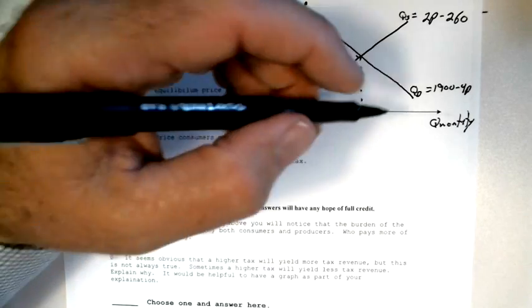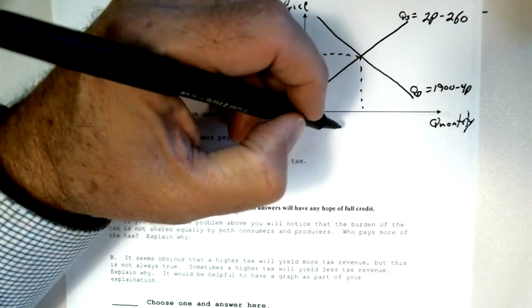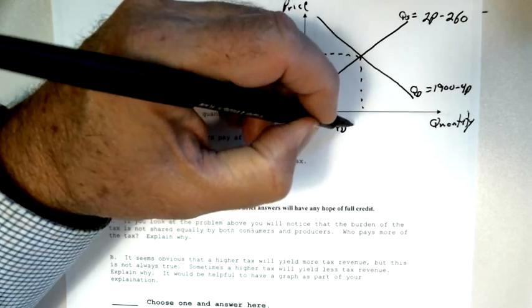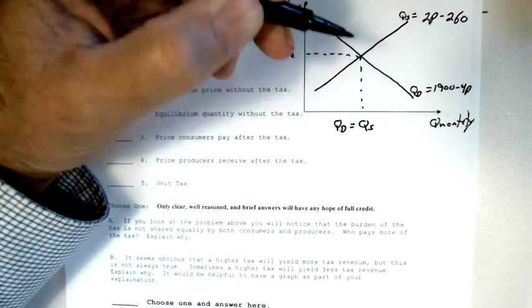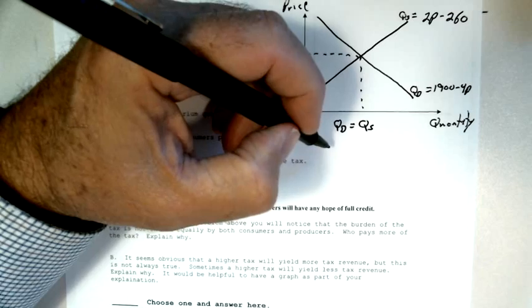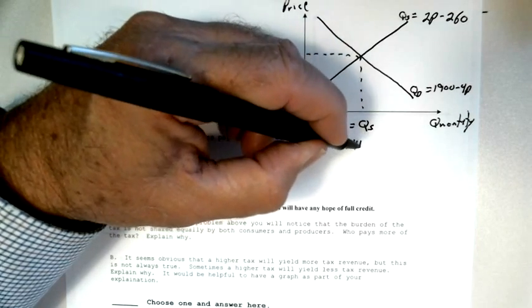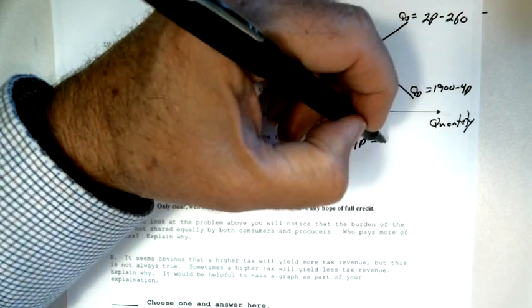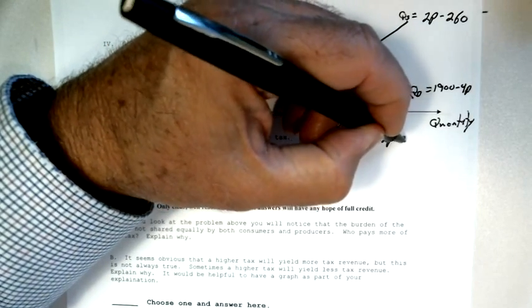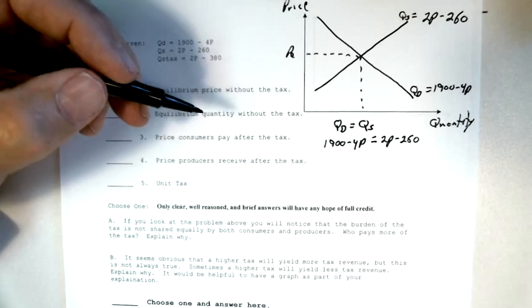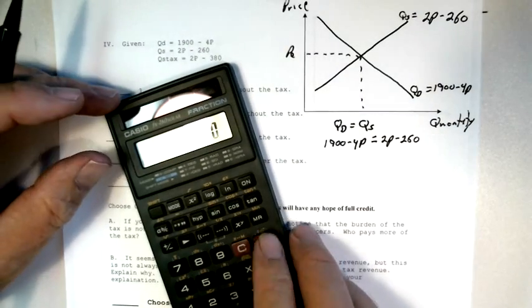Okay, so the way you do this is, step one, you write the definition. So the equilibrium price is defined to be the price where quantity demanded equals quantity supplied. Setting these two things equal to each other, quantity demanded is 1900 minus 4p equals the quantity supplied, which was 2p minus 260. Adding 260 to both sides,